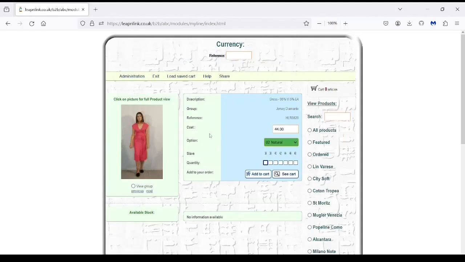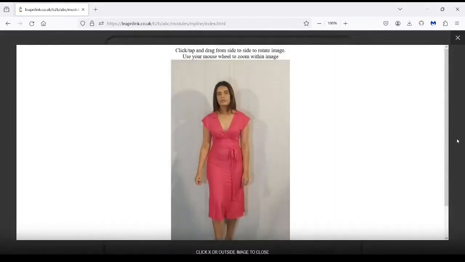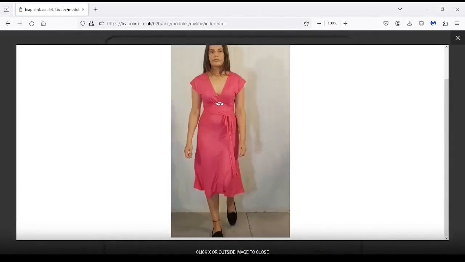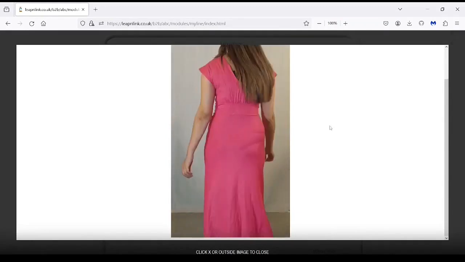So we now have our item. Again, the thumbnail image has been created, but when we click on this time, what we actually have is a set of images